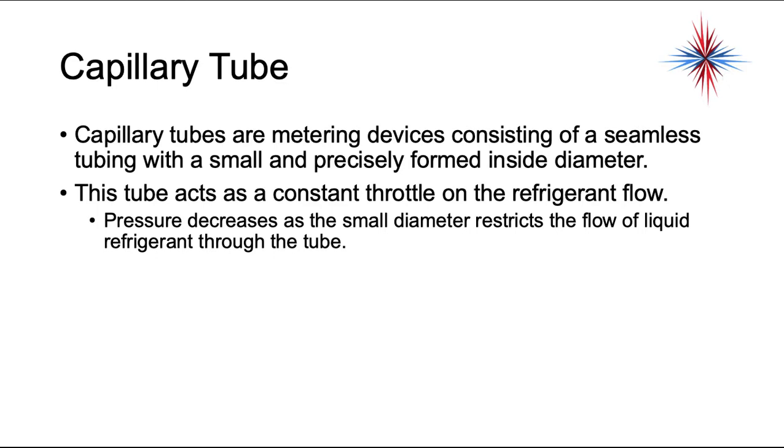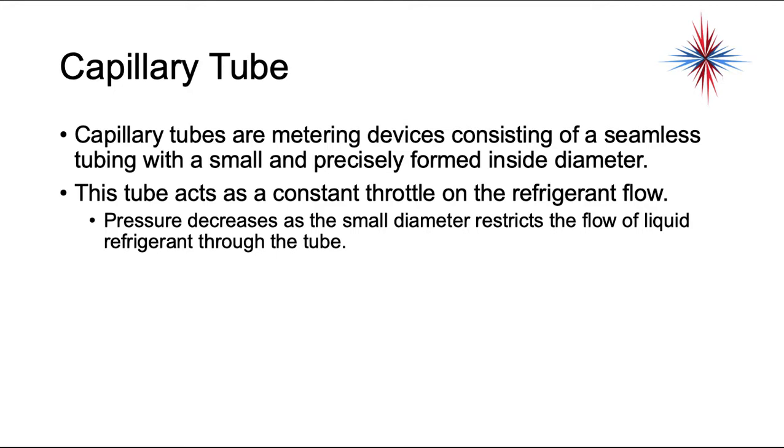So let's start with the capillary tube. Capillary tubes are metering devices that consist of a seamless tubing with a very small and precisely formed inside diameter. This tube acts as a constant throttle on the refrigerant flow. The pressure decreases as the small diameter restricts the flow of liquid